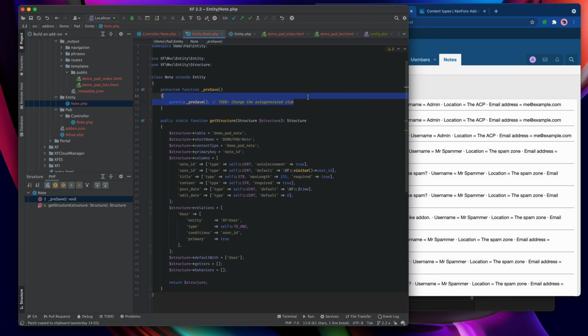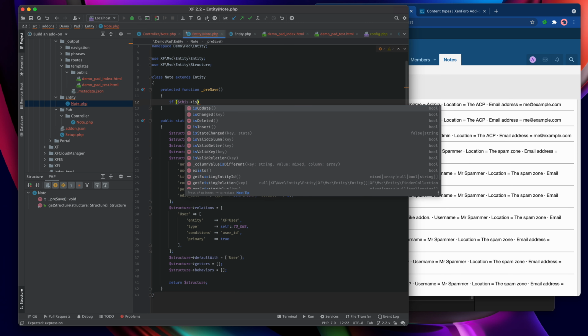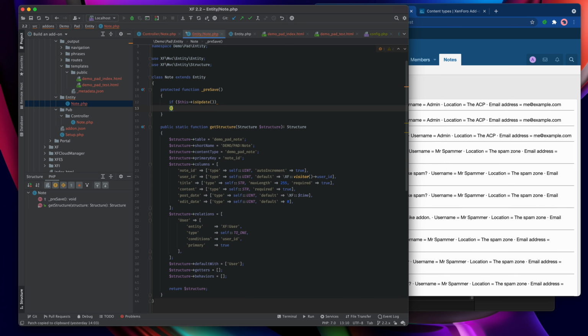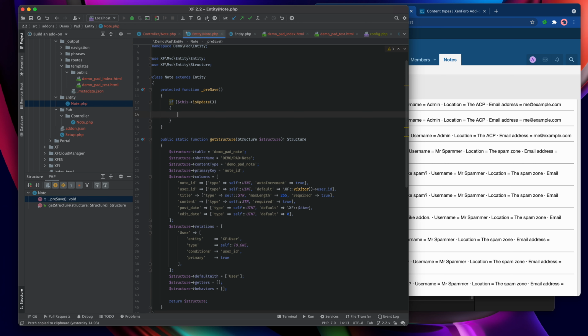But what we do need to do is to get the edit date updated if this is an edit. And in order to do that, we use a little function that's defined within the entity system called isUpdate. So it looks a bit like this. If this is update, then we can do stuff that would only apply if we're not inserting a new record, if we're just updating an existing one.